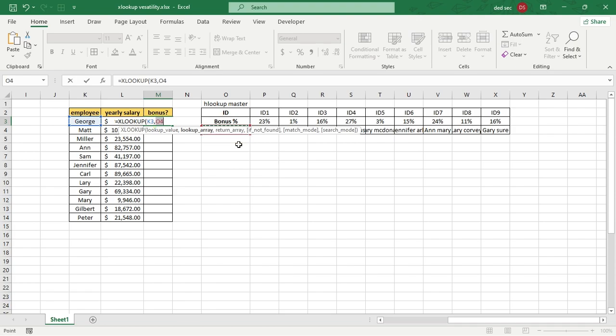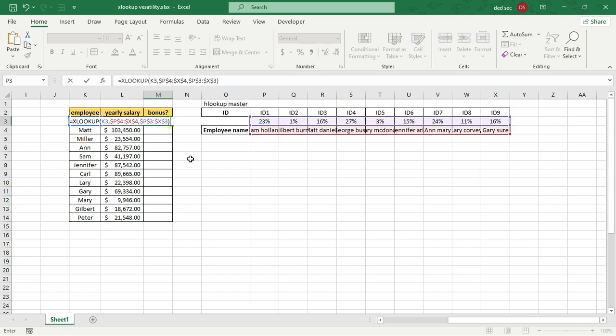So I'll just press Ctrl Shift, then it will just select all of these cells over here. After that, I'll press F4 to lock in the values. Okay, then press a comma and then select the return array, which is right over here. Ctrl Shift right arrow key. Now I selected all of them over here. Then press F4 to lock in the values. After that, I'll press a comma, or instead of pressing the comma, I'll just put the bracket in and then